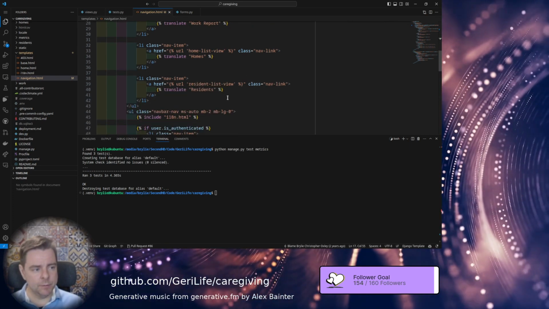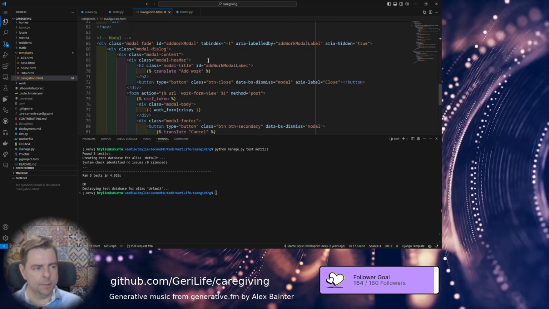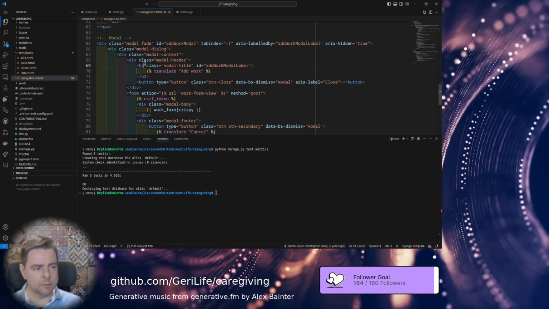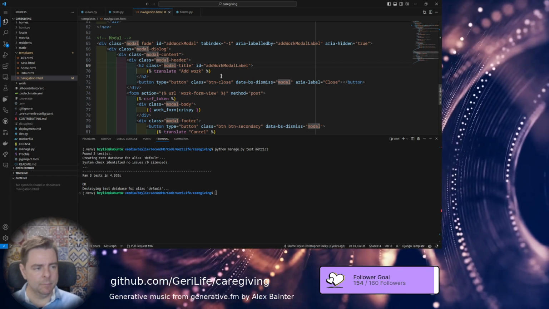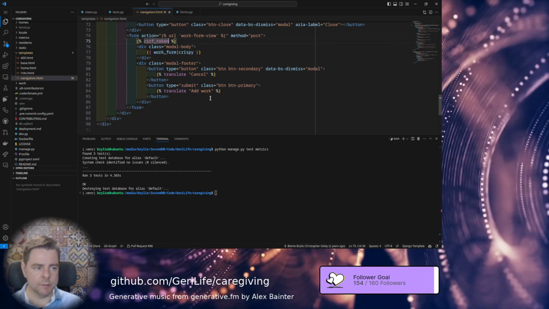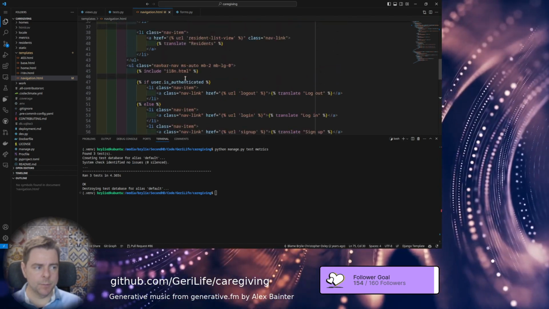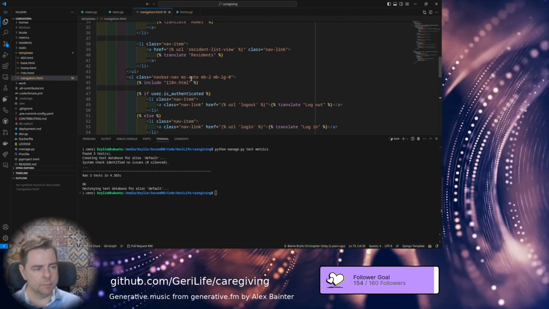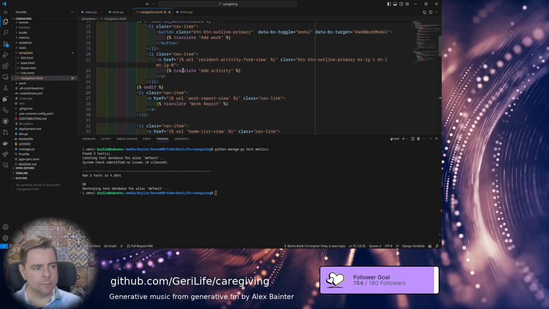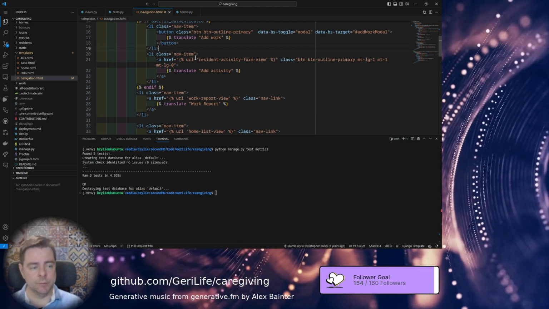But what I'm trying to do here is get these buttons. So we've got login, logout. Then we've got this button here for adding work. It triggers the modal dialog, and the modal body is displayed here. That is the modal. Where was my button? I scanned past it. Work report, add activity, here it is. So essentially, this nav item should only display if user can